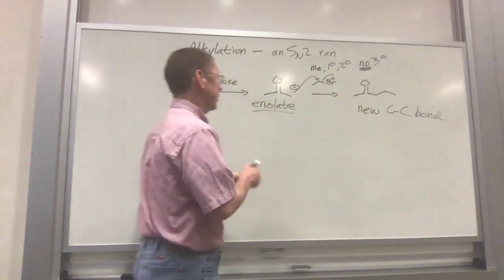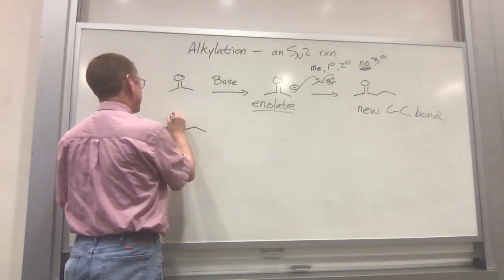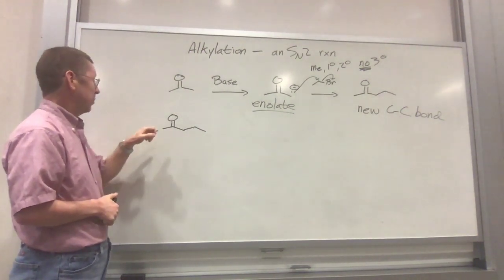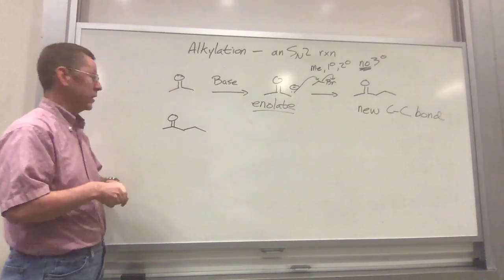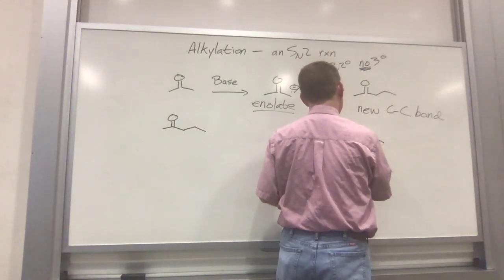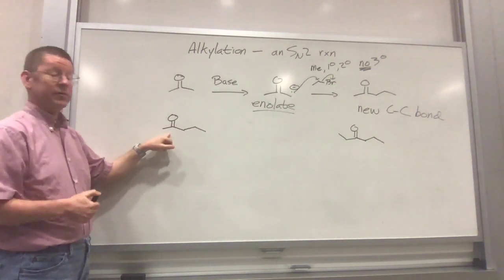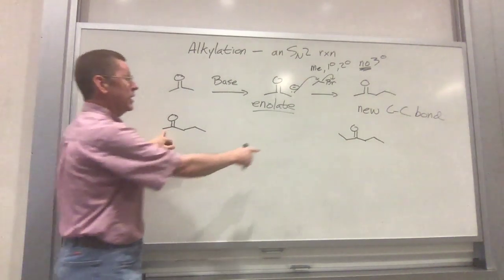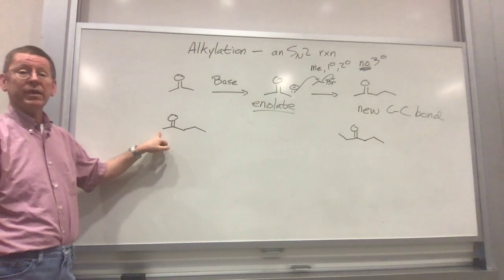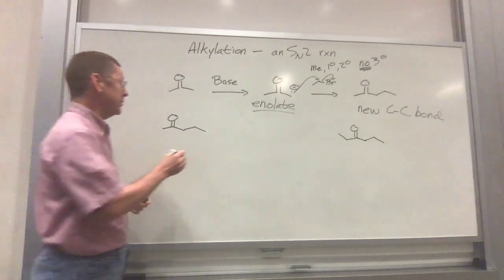So let's take this particular compound. I'm going to move it over here. And let's say I wanted to add a methyl group, but I wanted to add that methyl group over here. So what I want to form is this compound, where if we compare things, all I have is one more carbon on this side compared to what I have here. That actually tells me exactly what I need to do. I need to form an enolate,